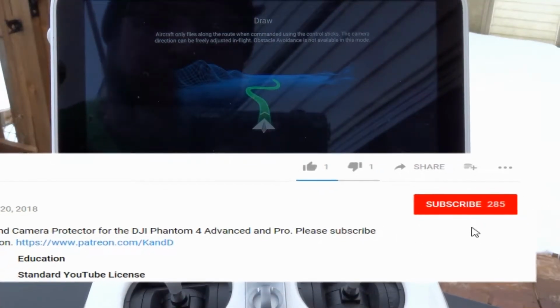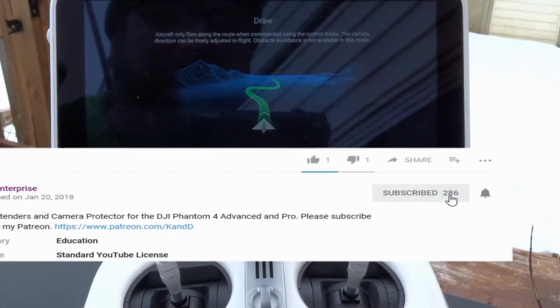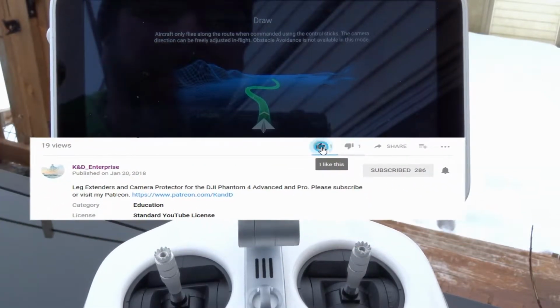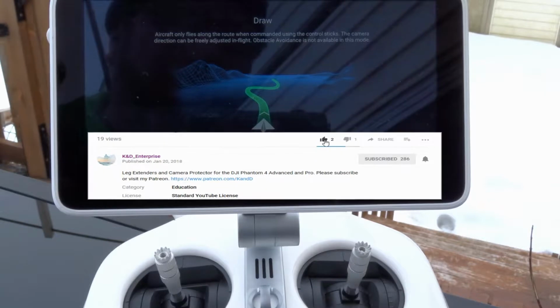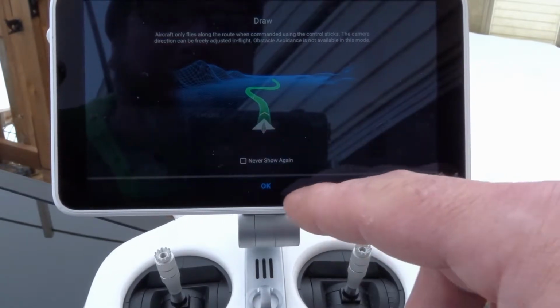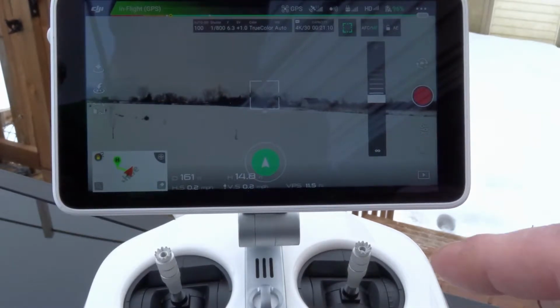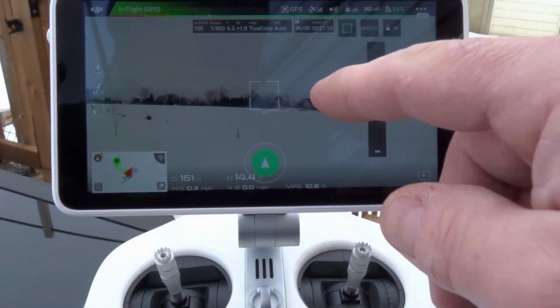So basically, it's going to fly along a route, and you can use the control sticks and direct your drone freely at this point. So let's try it out. So let's say we want to fly over to the...